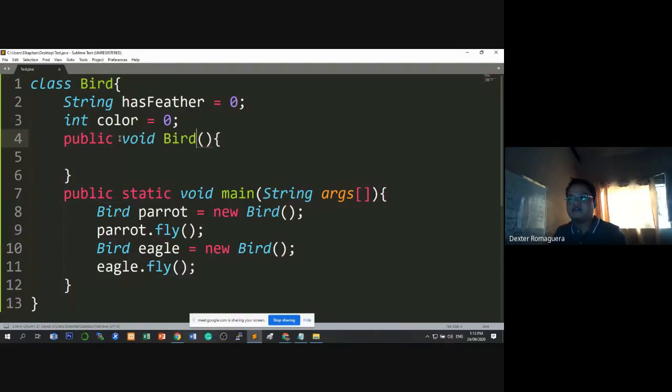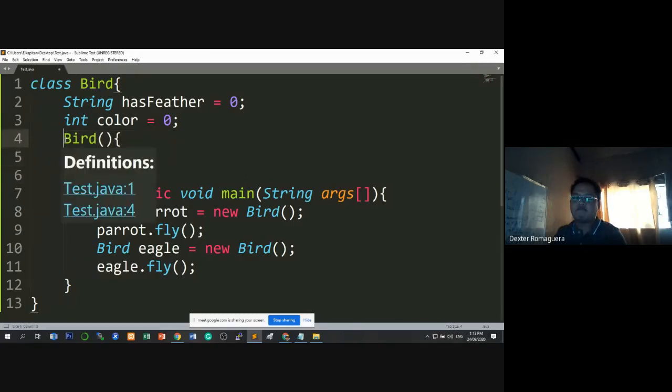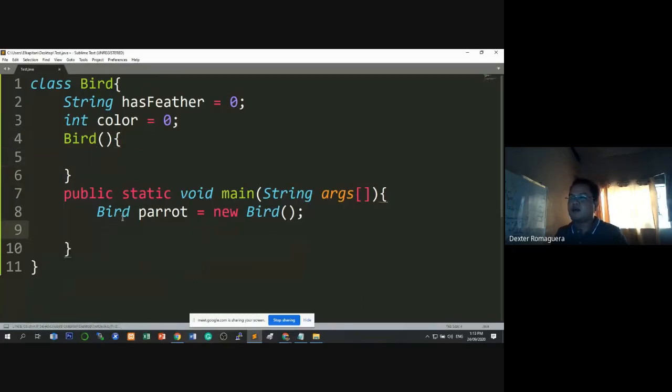Okay? And by default, the constructor is public. You do not need to add an access modifier. And the constructor has no return type, because a constructor does not return anything. It is a method also. Its purpose is to provide initialization. So for this example,